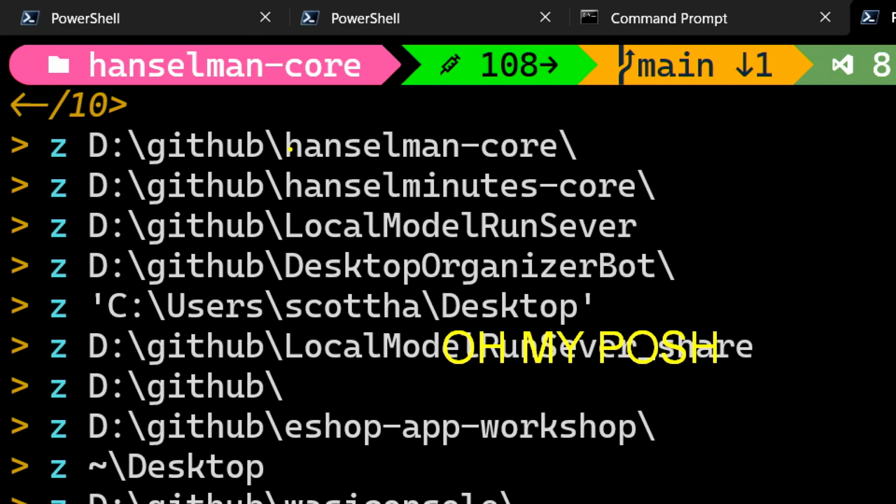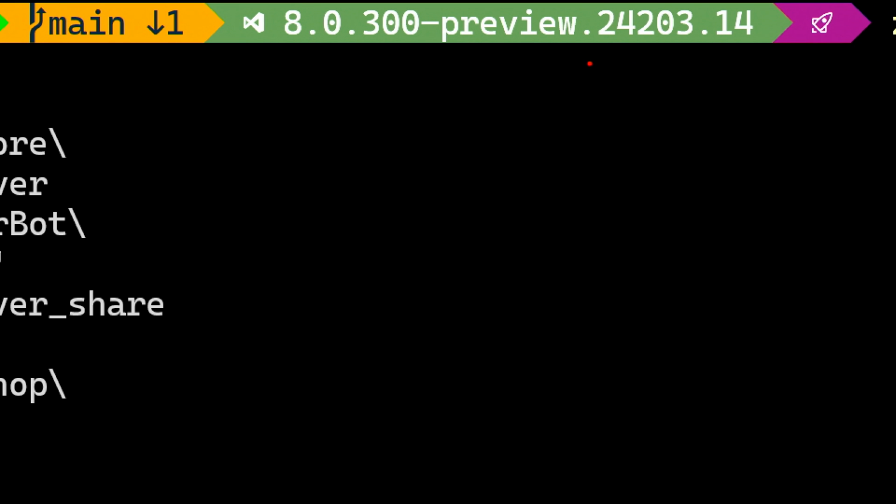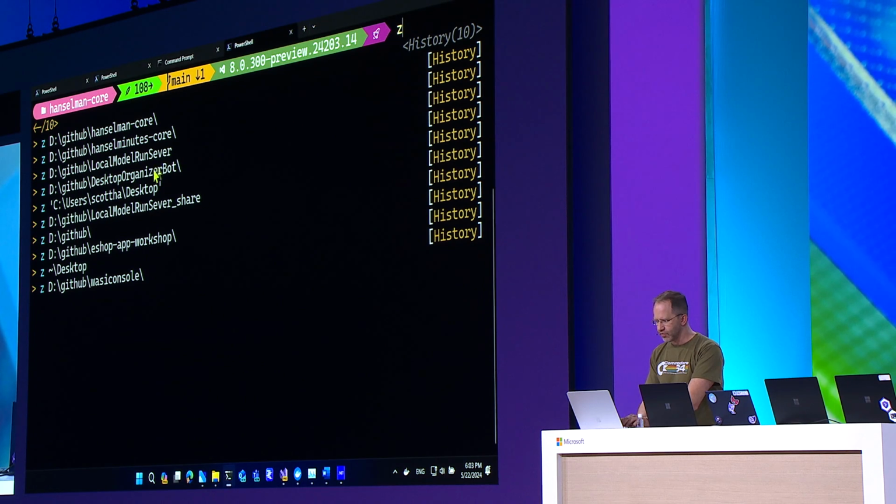And you'll notice right here in my prompt, I've got the current folder. I've got my Git prompt, and I see that I've got something in the cloud I need to go and pull down, do a Git pull. I've got the current version of .NET that I've got on my machine. I need to upgrade to the latest preview. This icon here actually indicates that I'm on a Dev Drive. My D drive is my developer drive. That's using ReFS, the Resilient File System, rather than NTFS for my code.